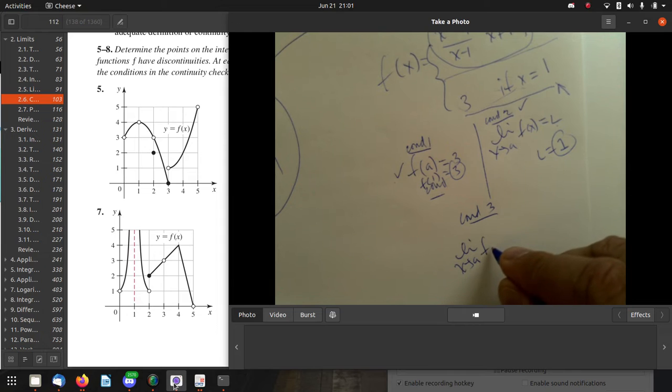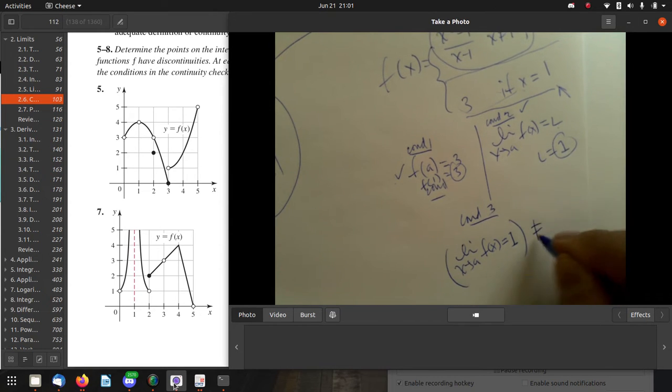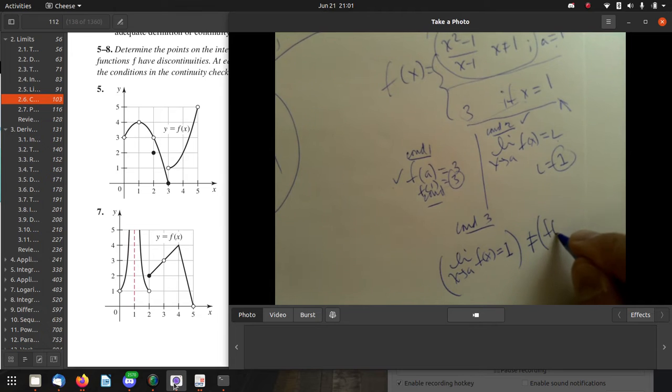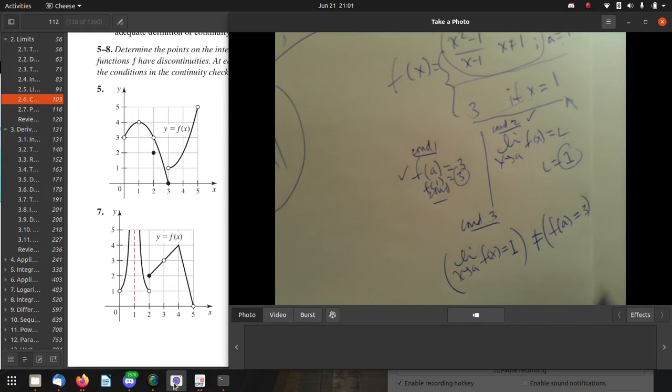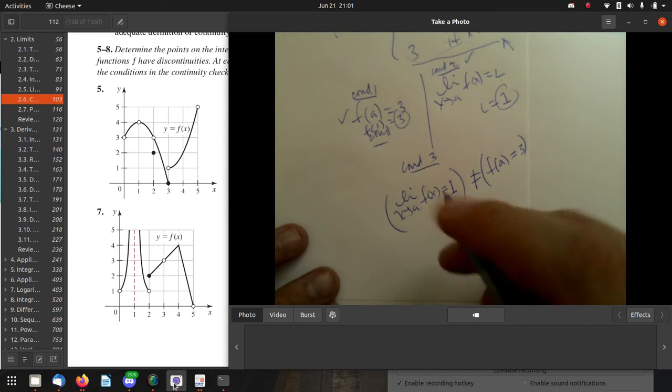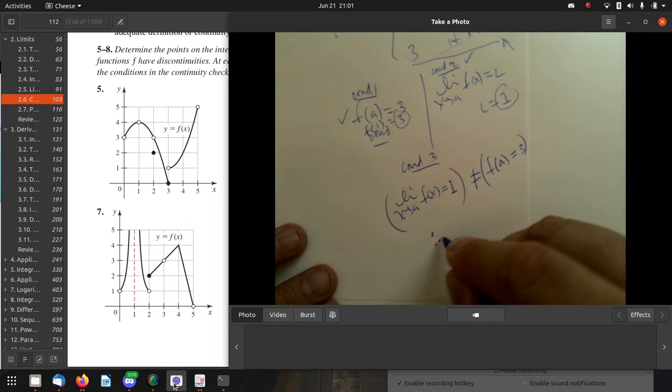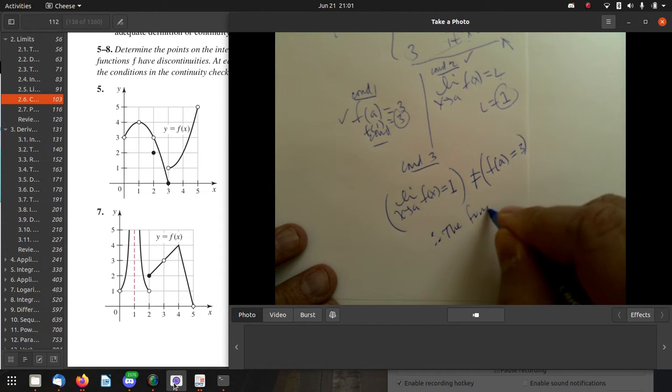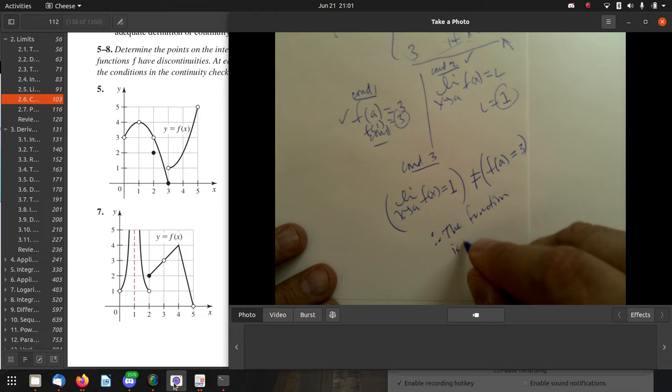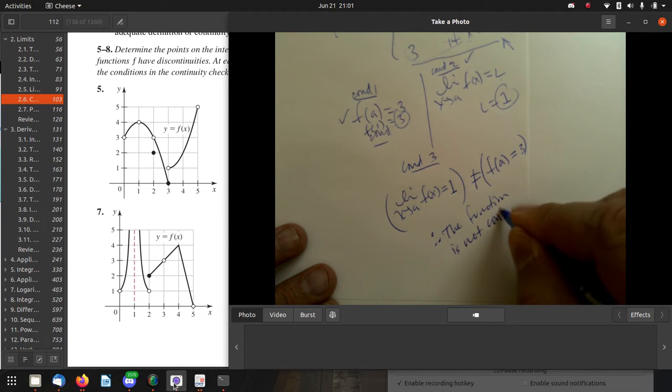So the limit as x approaches a of f of x, which equals 1, does not equal f of a, we have a here, which equals 3. Therefore, the function is not continuous